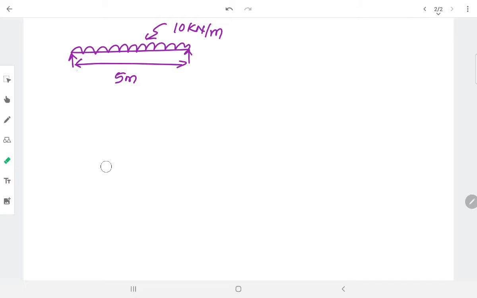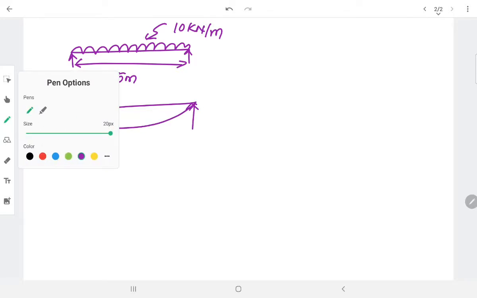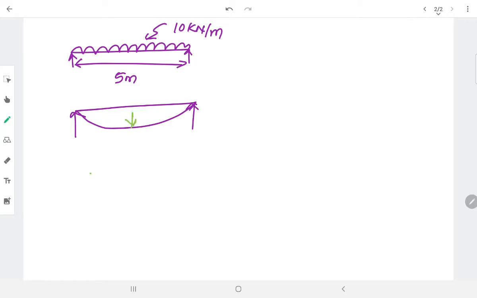For example, when we have a beam under the applied force, the beam may tend to bend in this direction, and it may tend to bend in this direction. You need to resist this bending action by providing the reinforcement as well as sufficient dimensions of the beam. So dimensions need to be provided as well as the appropriate reinforcement need to be calculated. This we call a design. Bending is a problem, we are finding the solution for that, so that we call the design of a beam.